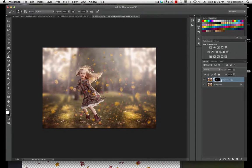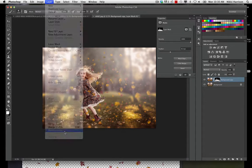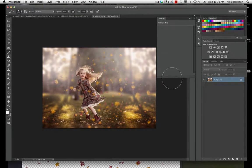And also I'm going to increase my opacity just a bit, and I'm going to bring back the foreground a wee bit, just for a little bit of depth here. Just like that. I'm going to go ahead and feather this again. That looks awesome. Flatten my layer. And then the last and final step,